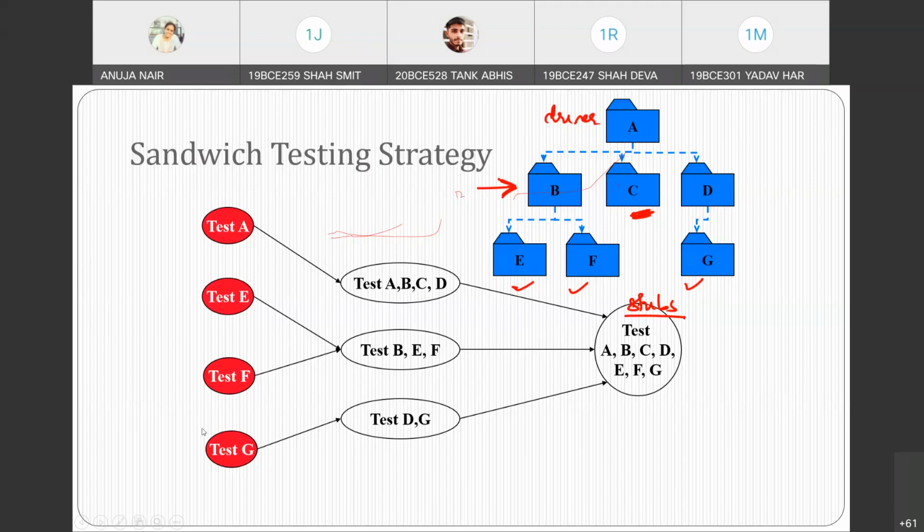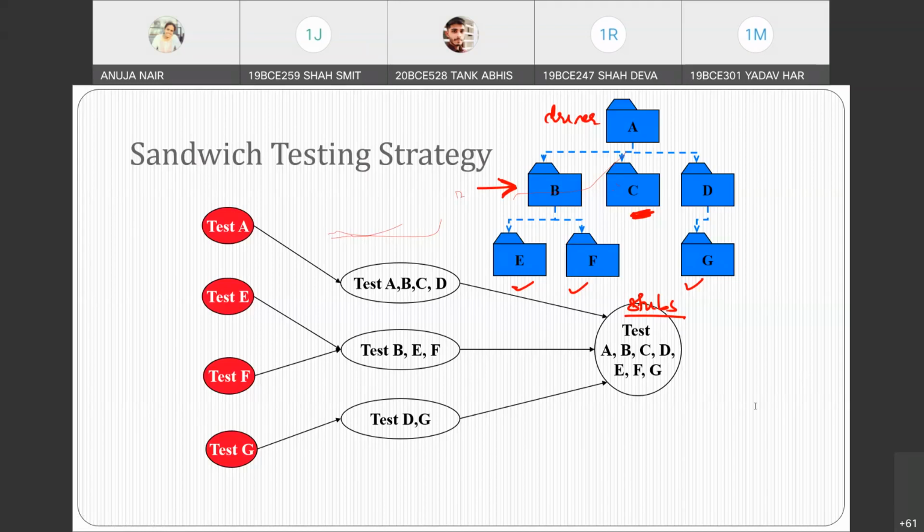Now, seeing this particular test strategy, can you please tell me what is the disadvantage over here? What is the disadvantage over here? Just see. Exactly. So Janelle is telling that there is repetition of testing.